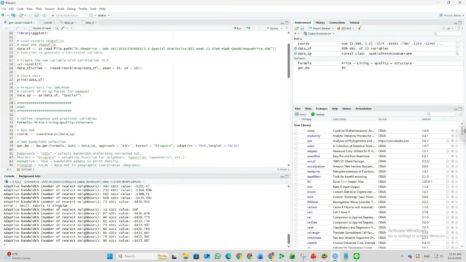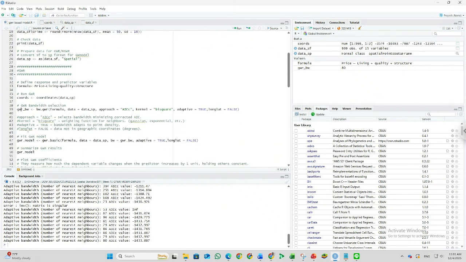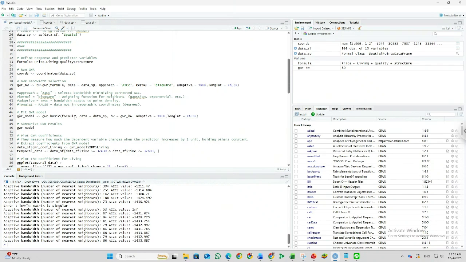So after we get the bandwidth, we can fit our GWR model. To run the GWR model, we need the function gwr.basic.